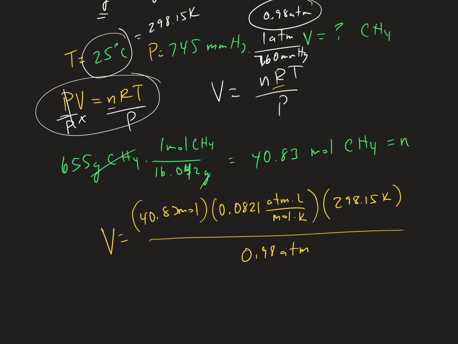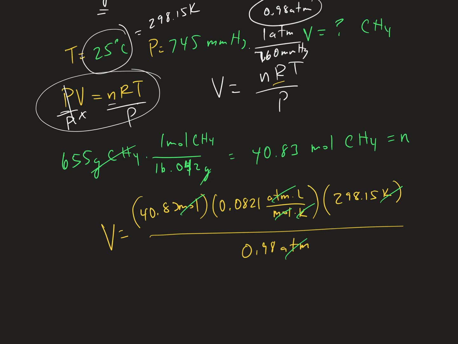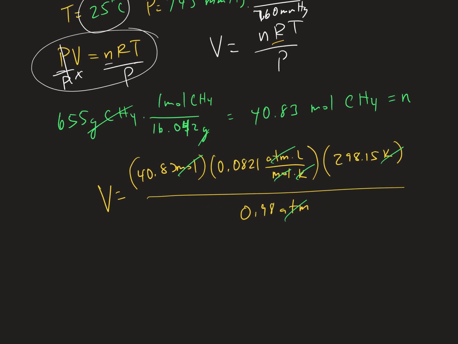What cancels? Everything except liters. Everything but liters. And that's the way it should be, because we're looking for volume in liters. Actually, we're looking for volume in gallons, right? We do this, we get a volume of 1,019.8 liters of methane. And if we convert it to gallons, we would get